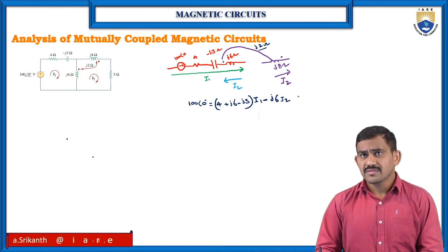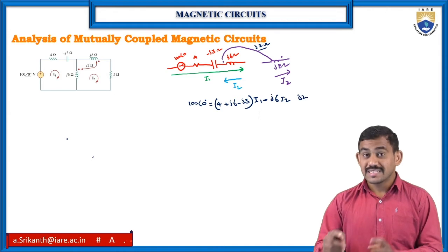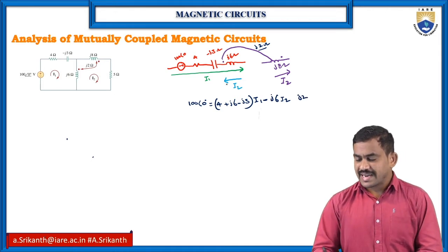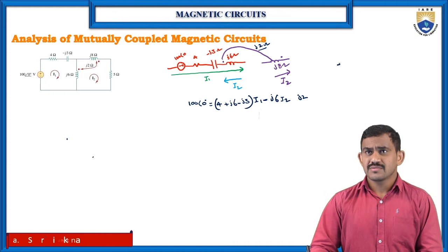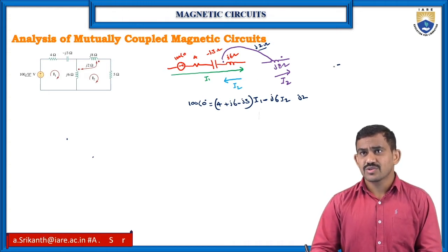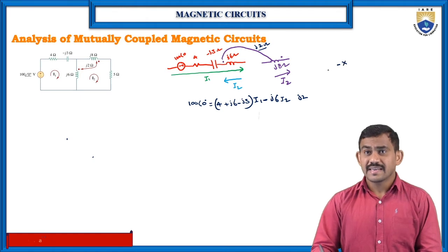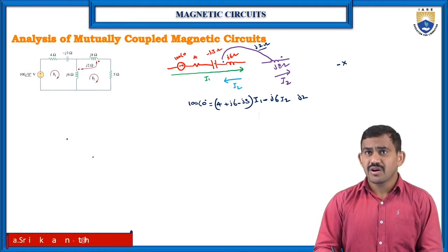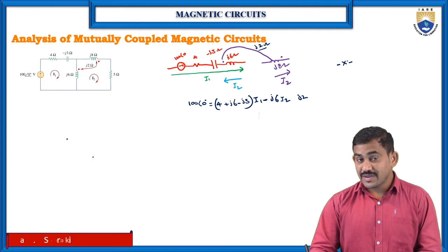Now we have J2 ohms, but is it plus or minus? We'll check it now. For current direction, we have the minus value. So both current directions are reverse, so your I1 current direction and I2 current are both reverse. So the minus value. And coming to dots, the dots are reversed, so we have the minus value.